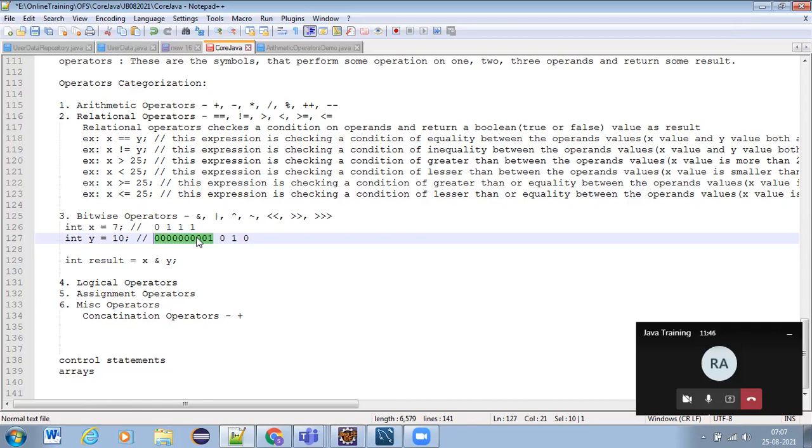When we are storing a positive value, the leftmost bit is reserved for the sign, either plus or minus.